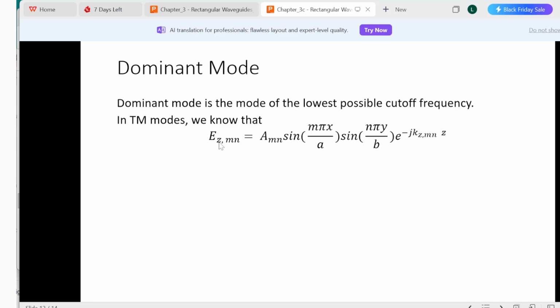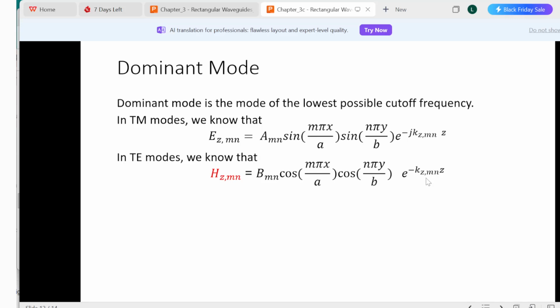We already know the general expression for TMOs is like this, and for TEMO we already know this. Now take a look on TMOs. If m is 0 and n is 0, there will be no electric field in the direction of propagation, according to this equation. So m cannot be 0, n cannot be 0. Then the minimum value m and n should be 1. So that's why the lowest possible modes, the modes that can offer the lowest possible cutoff frequency, is